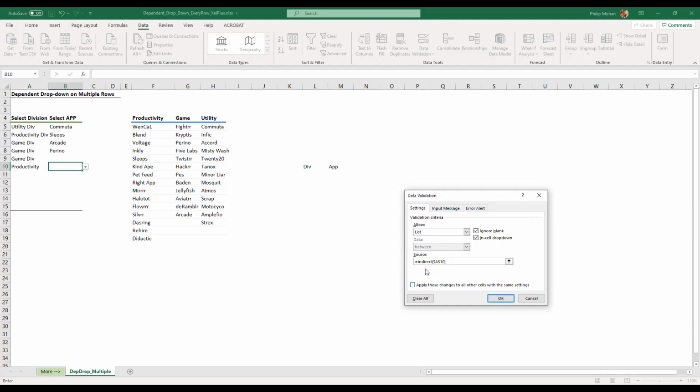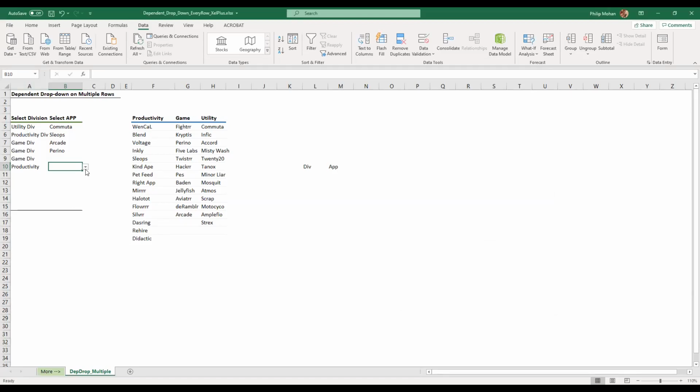But if you notice, the cell reference is actually A10, but it's got a dollar sign in front of the A and a dollar sign in front of the 10. What the dollar sign means is keep that constant without changing it. Now, if we keep it constant, then it'll work only for this row. So what I want to do is keep the A column constant, but not keep the row constant. So every time I copy the formula down, it should go to 11 and 12, etc.